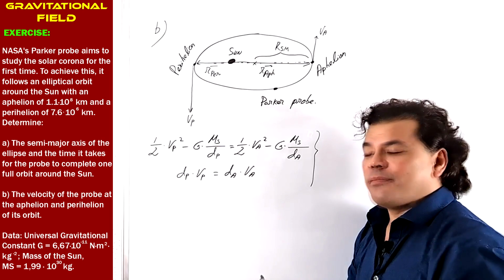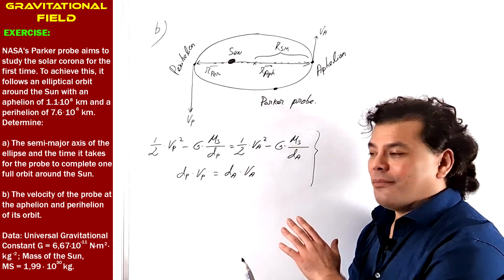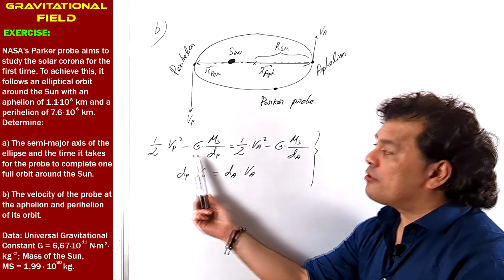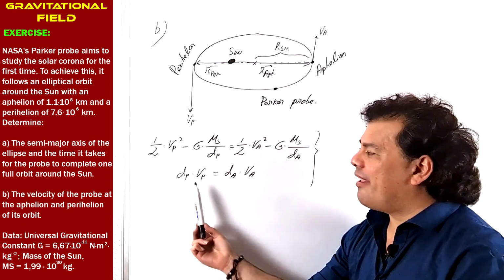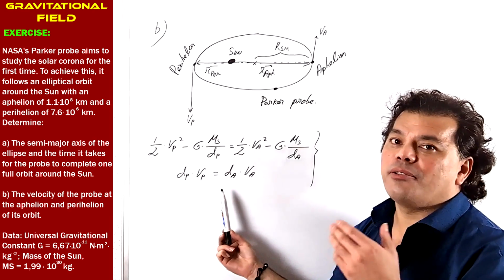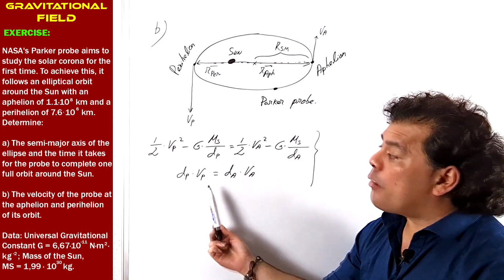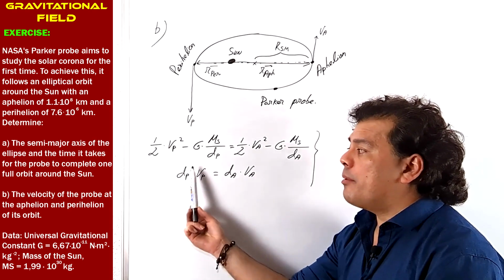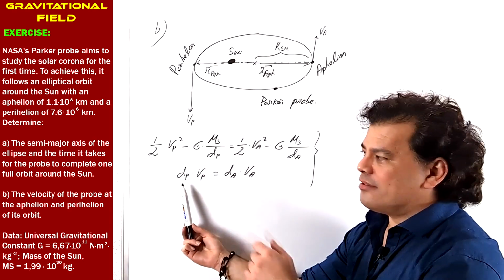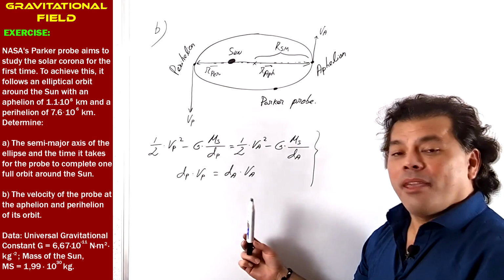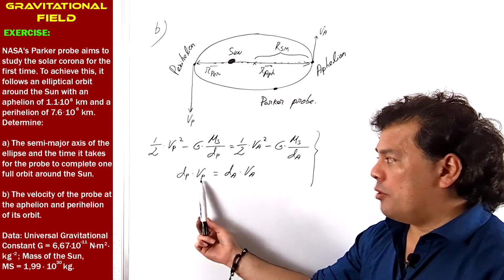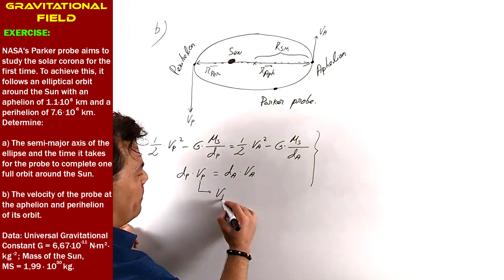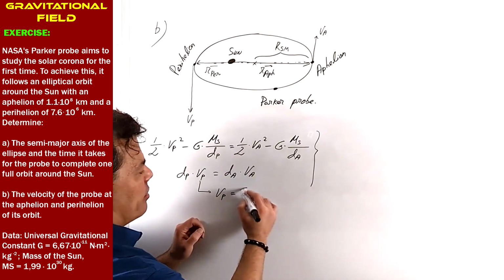As I run out of space, I will erase the previous calculations, but here we have the results we obtained using the conservation of the mechanical energy and using the conservation of the angular momentum. We are solving for Vp and Va, as the rest of the parameters are well known thanks to the statement. Okay? What can we do? Why don't we solve here for Vp equals Va